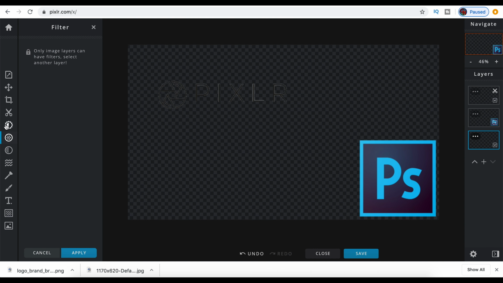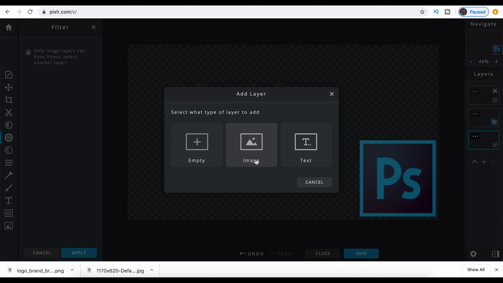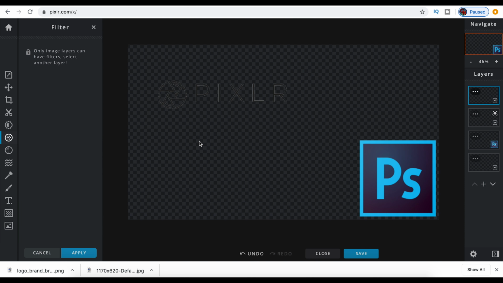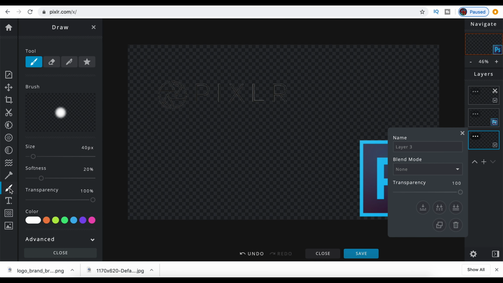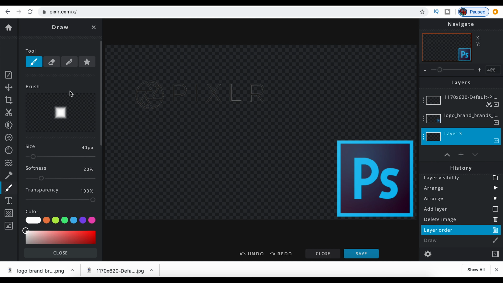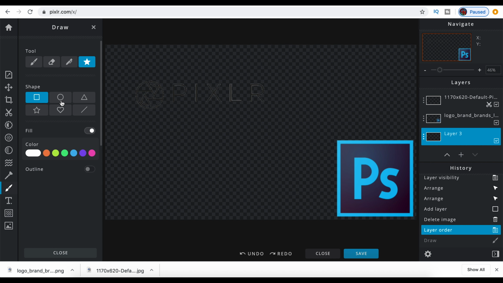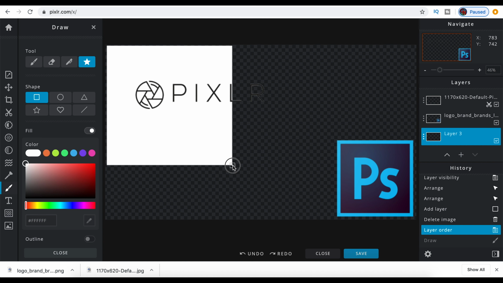Now I'm going to add another layer here. I go down to the bottom of the layers menu and I just click this little plus button. I'm going to select empty. And then I'm going to select the drawing tool on the left. Once I do this, I want to go up to the very top and select shape. It's the little star thing. Under shape, I select square, and I'm going to make sure I have the color that I want in the background, which is going to be white for this case. Then I'm going to go up in the top left and I'm going to just draw a box over the